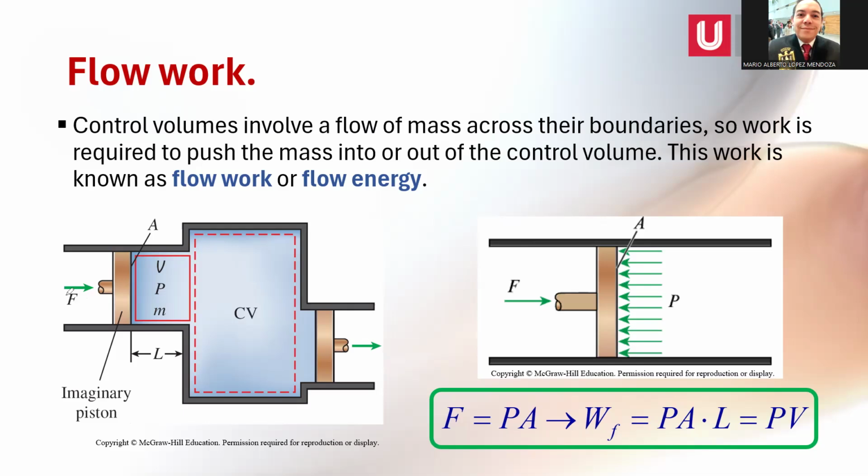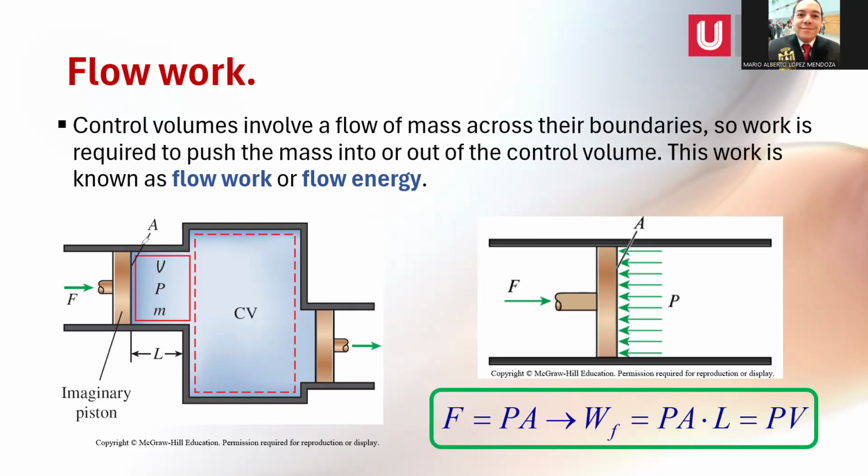If we apply a force and we have a displacement of this fluid along this distance L, the product of this force times the distance of the displacement is work. This work required to get the fluid into the control volume is called flow work or just flow energy. We use both terms